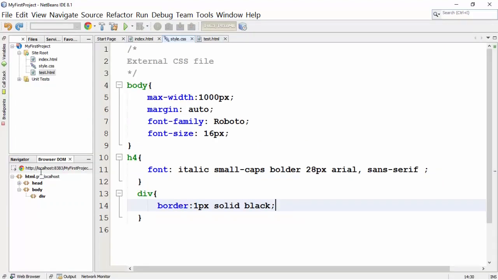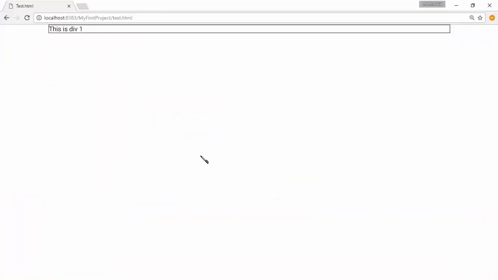Let me save the file and see how it changes the output. You would see that by adding content in the div tag, we have instructed browser to create a div section for the content, and this division has occupied entire width of the page. In short, div created a box to add the content.